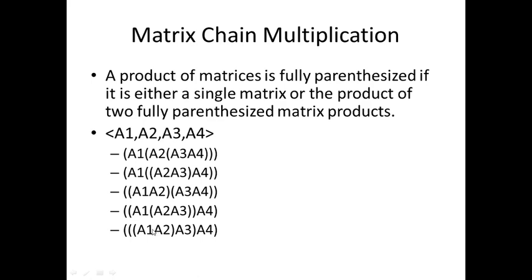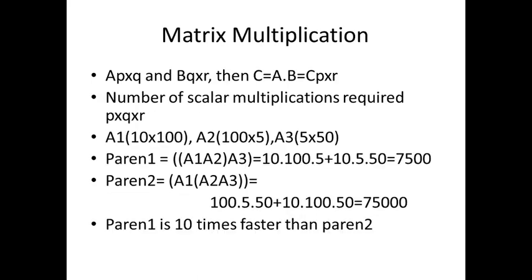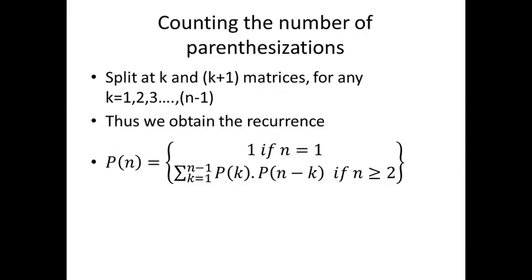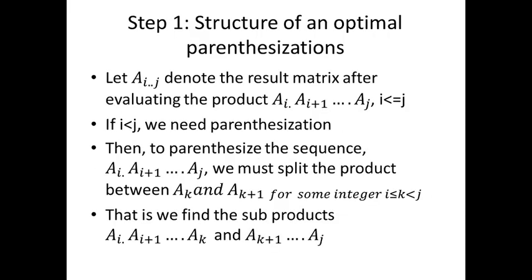Out of these 5, one will give you the minimum, the optimal number of scalar multiplications required. And how can we find it out? Manually it will be a very tedious, tough task, and a brute force approach has exponential time complexity. Therefore we have to go for some other technique, and with the help of dynamic programming, that is a tabular approach, we can do that. I am skipping all those things because we have seen them in the first video.